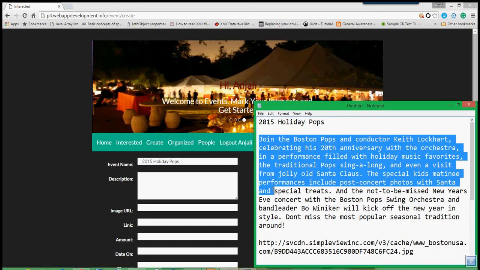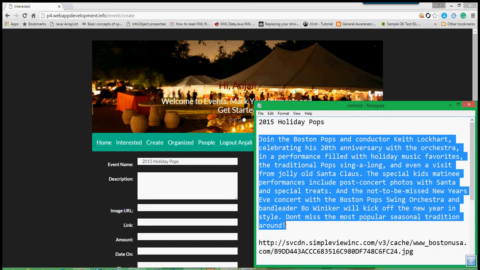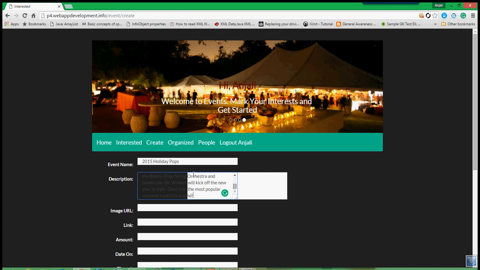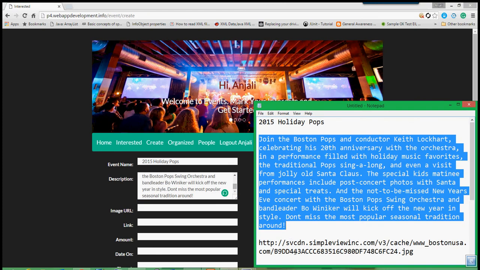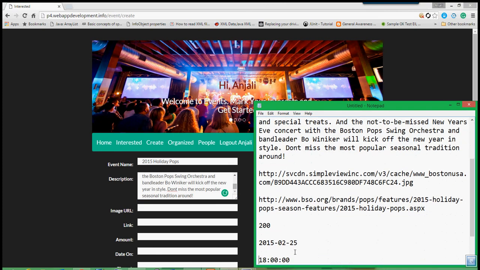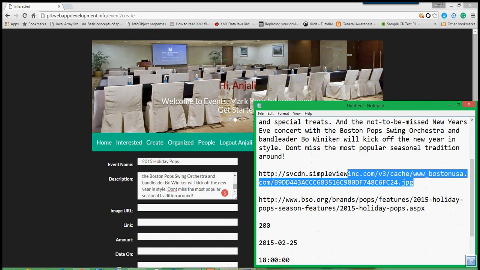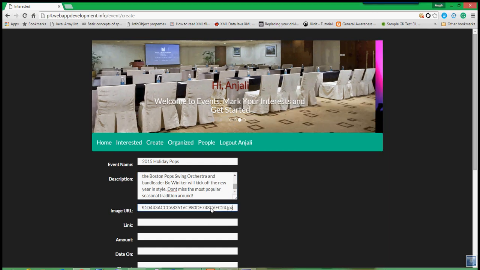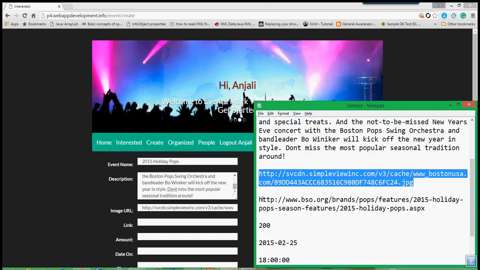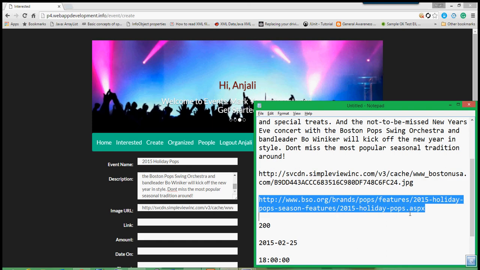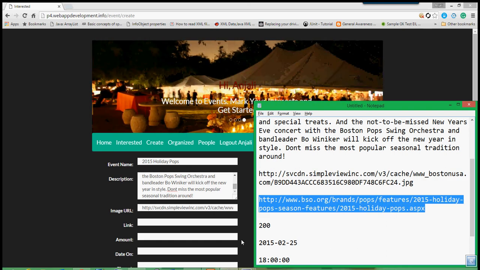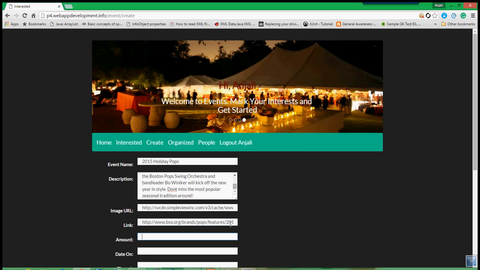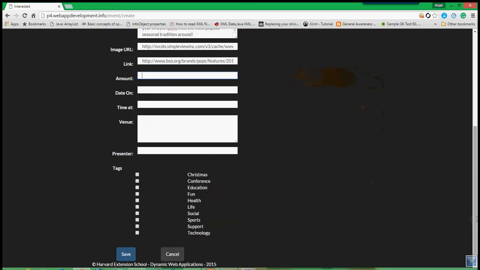Selecting the description, selecting the image, selecting the link. It gives us multiple such options, and all the options are mandatory, so we would have to provide all of them,